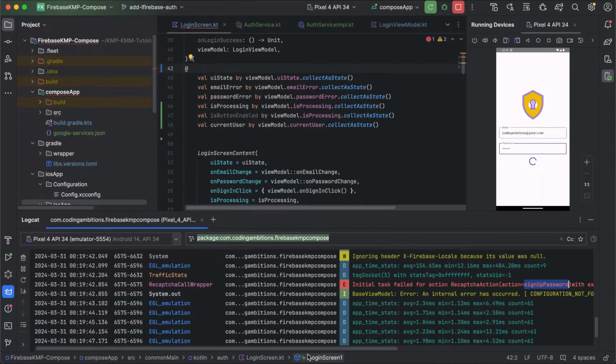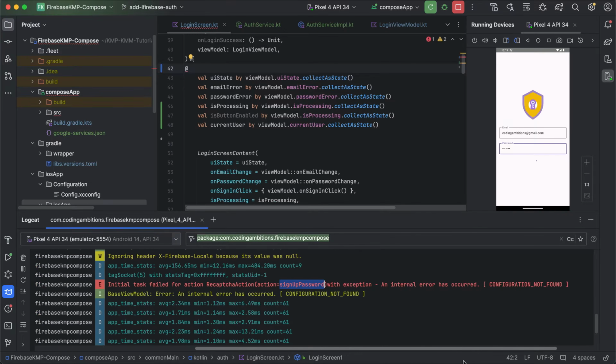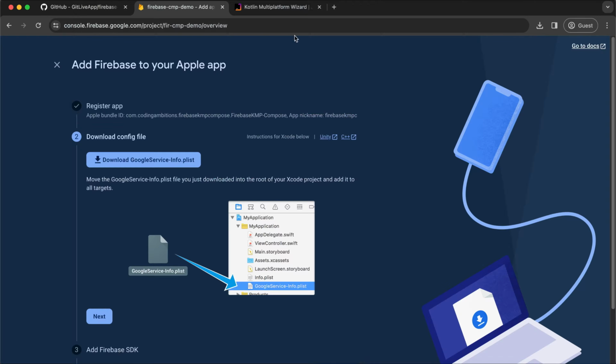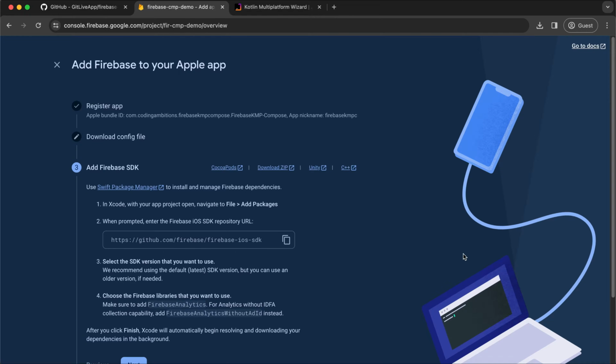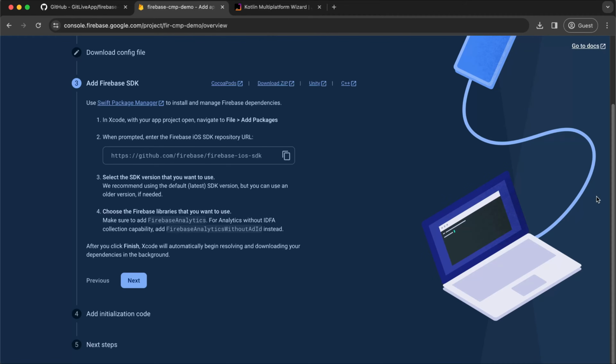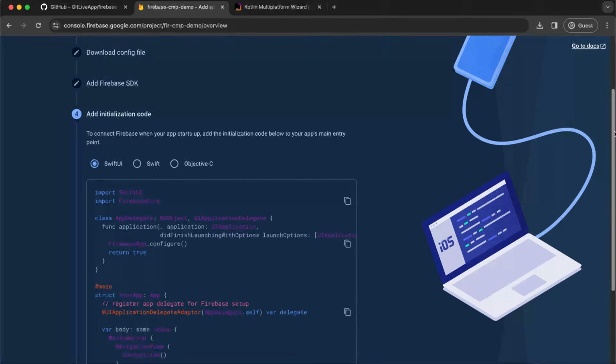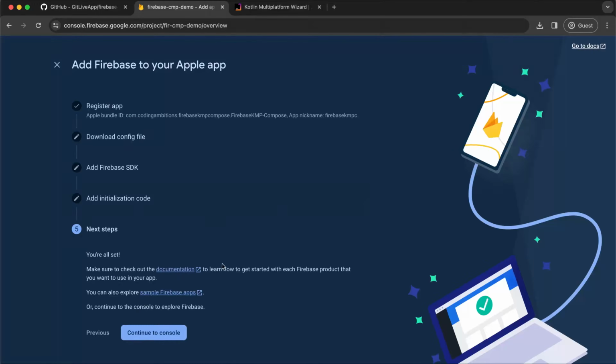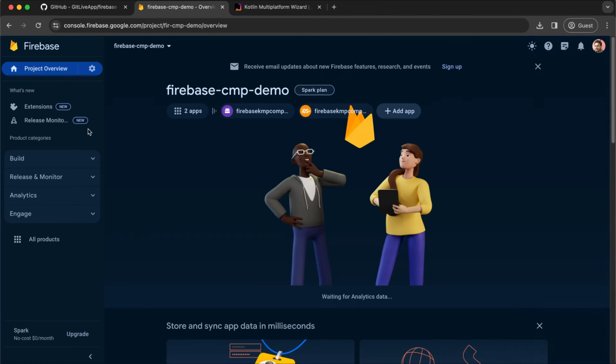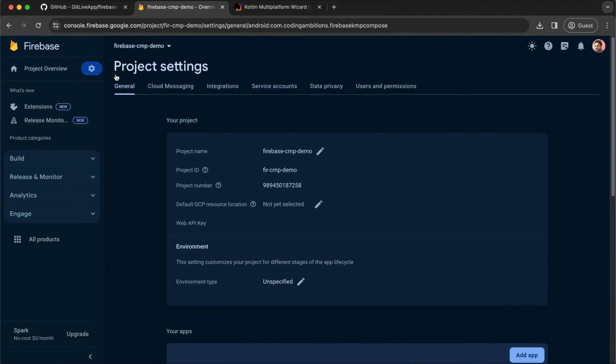Sign up password. Let's see. Actually one more thing, we have not enabled, one step we are missing. Let's first of all finish that. We have not enabled the providers. So what we need to do is,